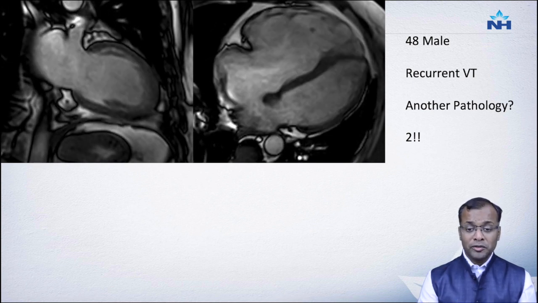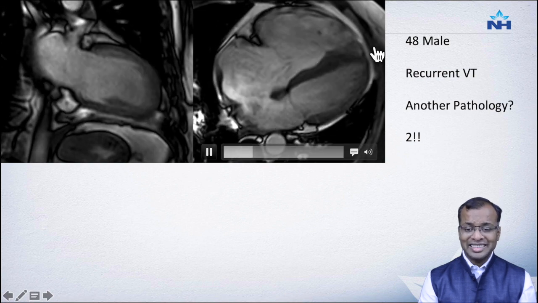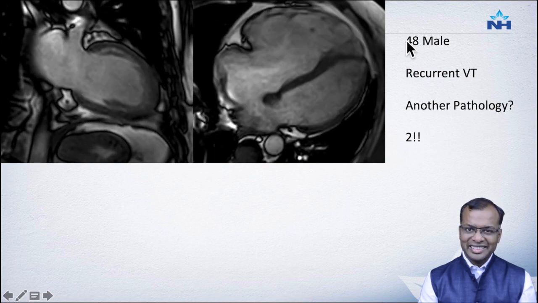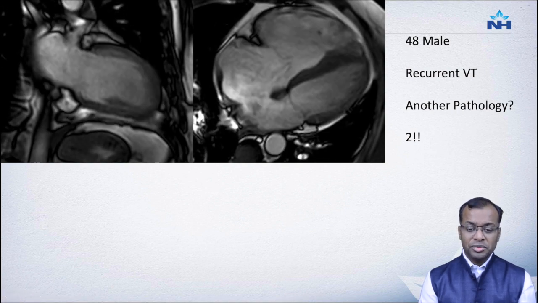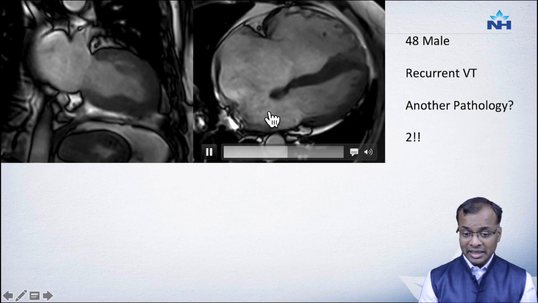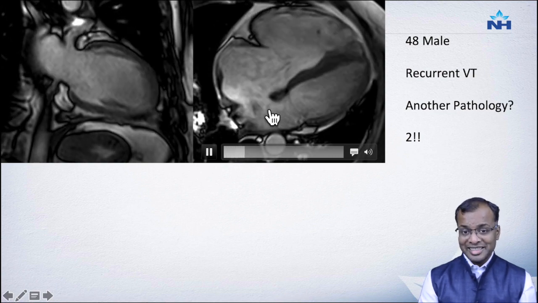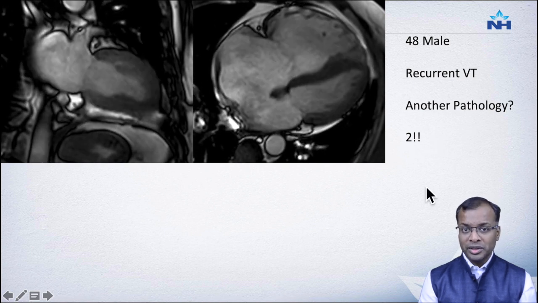I told you to look at the right ventricle, so you've been seeing the right ventricle is grossly dilated here. There is mild dyskinesis, but there's something else going on in this patient. If you pay close attention, you will see that he's actually got an ASD. So a patient who's got an ASD with a left to right shunt, who had a QP/QS of 2, okay?